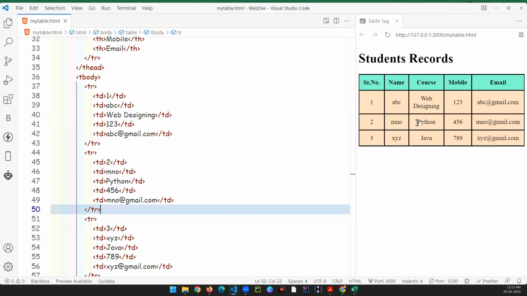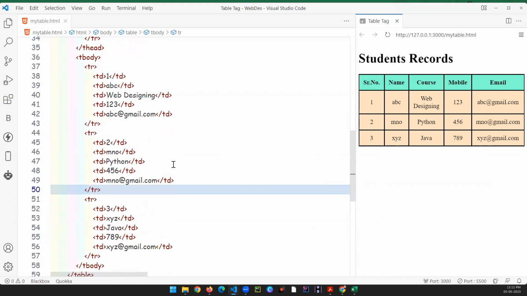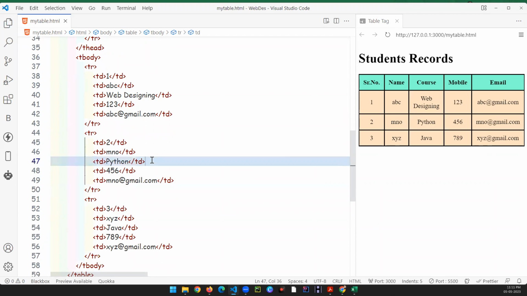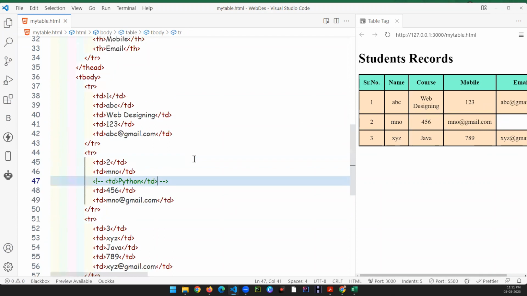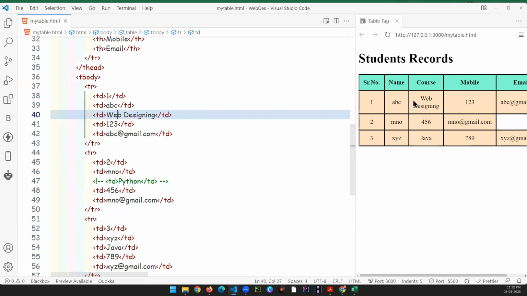So what I'll be doing, I'll be removing this third TD of my second student, that is MNO. Let me find that MNO. Where is MNO? Here. So first of all, I'm going to comment out that particular thing. It will change the alignments or something like that, don't worry about that. For the first student over here, where we have our web designing, I am going to ask this particular TD